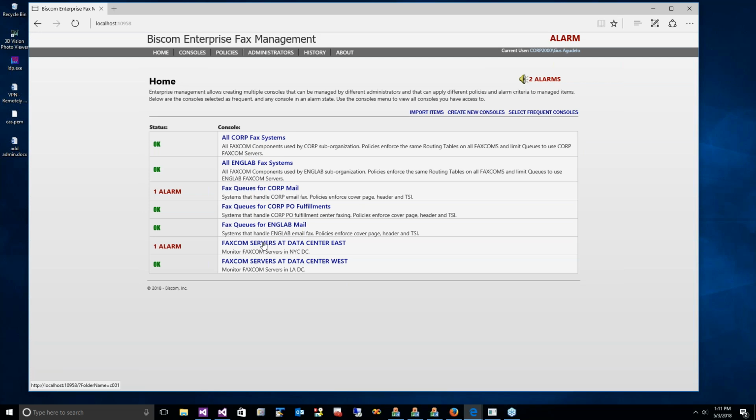And each console has been customized to represent a particular aspect of my complete fax environment. So again, we have a console that can show me all the systems that are for Corp, or also a console that is specifically for the applications that handle the mail to fax for Corp. And if you were migrating from